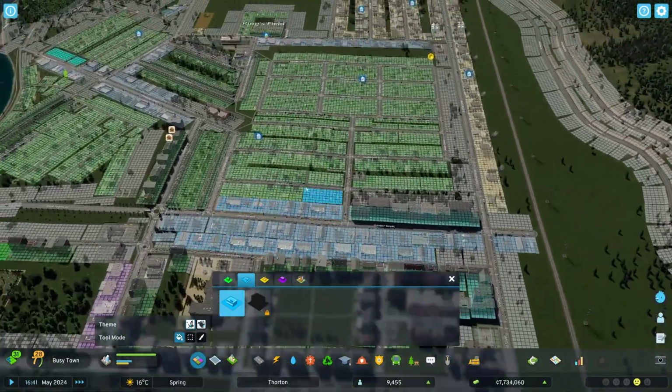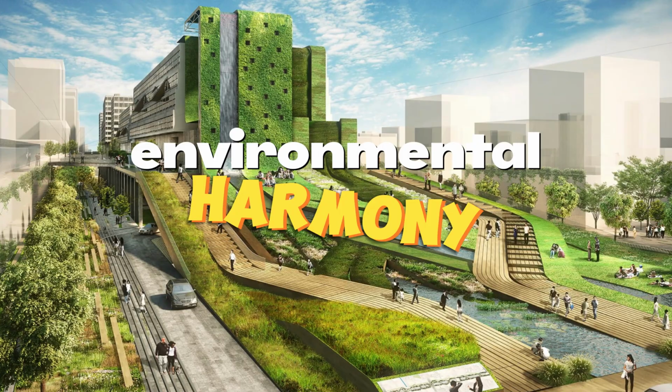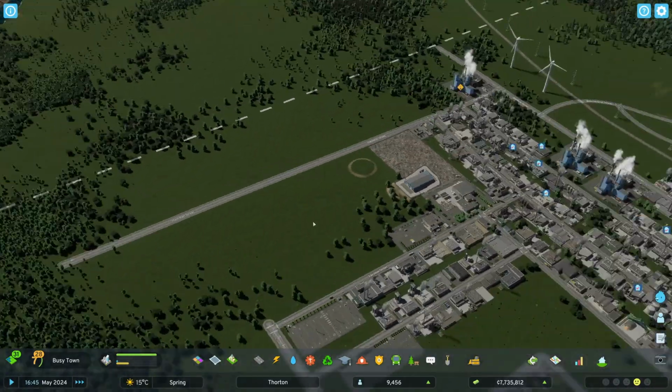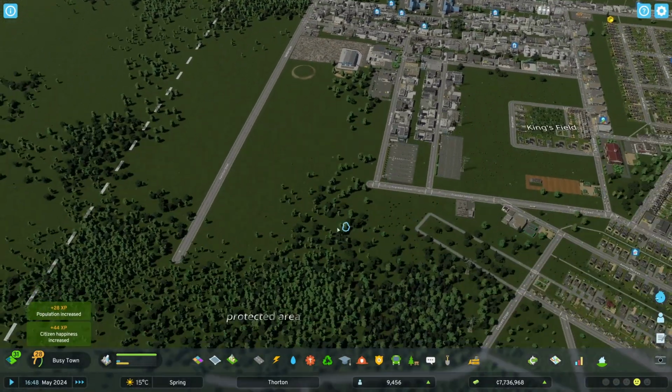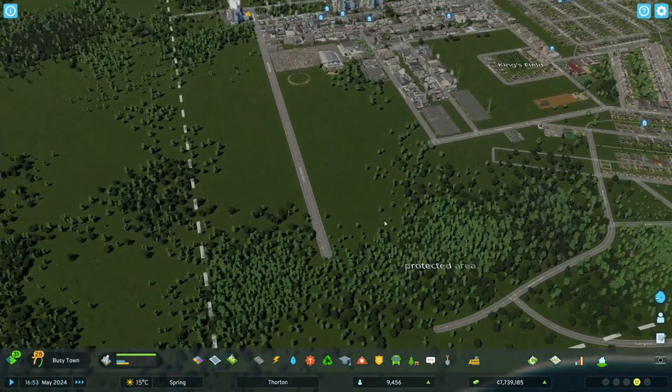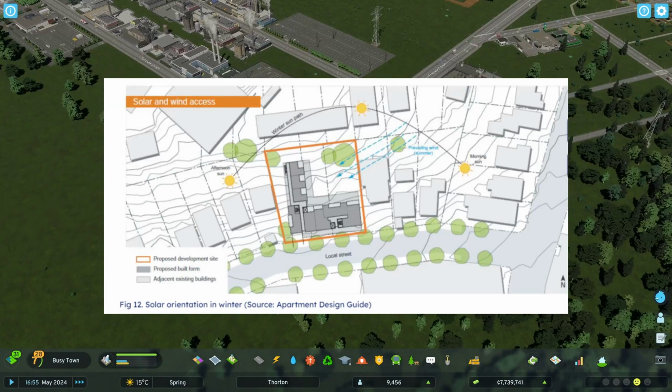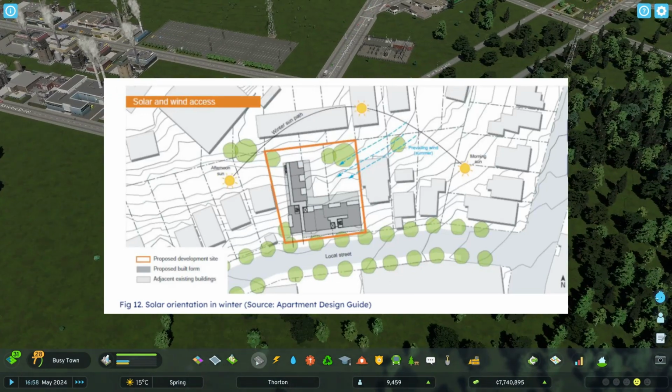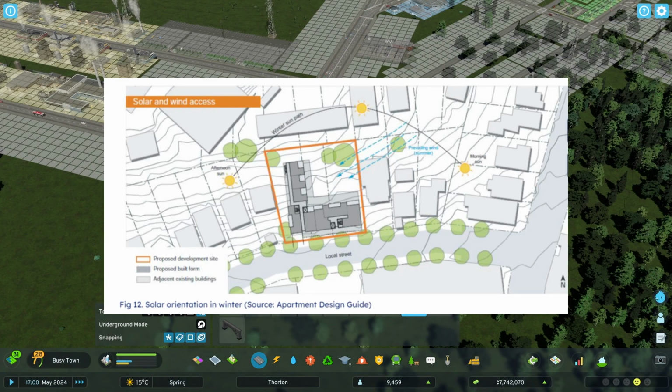The next guiding principle is environmental harmony. Energy efficient and ecologically positive environments create coherent and resilient urban structures. Solar orientation is an important factor for energy efficiency of buildings, as seen in this picture here of the solar